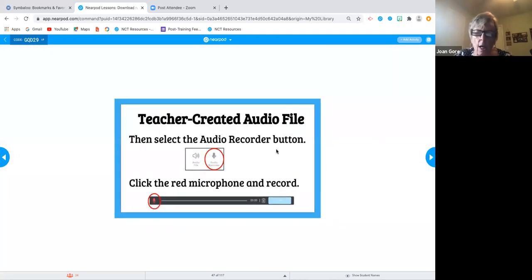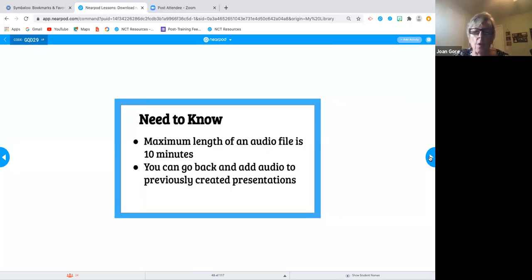And so you just click on the audio recorder, and it's just a microphone. You record your voice. If you don't like it, you can trash it and do it again. So the maximum length of an audio file is about 10 minutes, which is pretty long. I've never made one that long, but you can go back and add audio to previously created